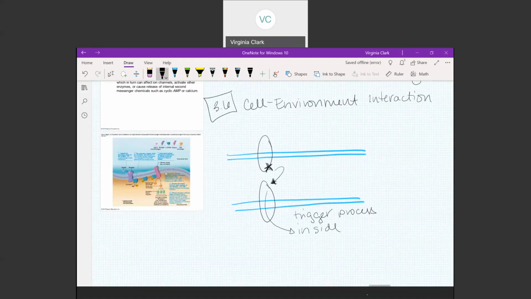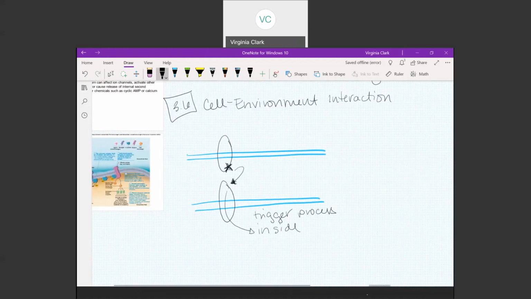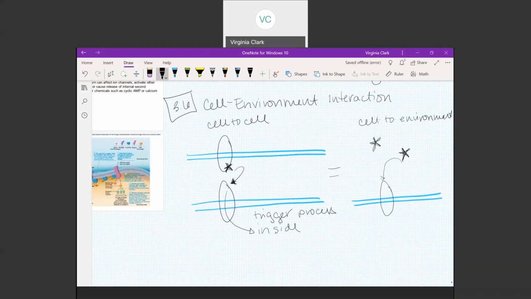So we talked about this when we were talking about cell-to-cell interactions. It is the exact same thing when we're talking about cell to environment. Your plasma membrane of the cell that is getting communicated with, you're going to have your protein, and you're going to have some sort of environment in the cell. So with the cell-to-cell communication, the signal is usually going to be a hormone, it could be a neurotransmitter, that will connect with the cell,